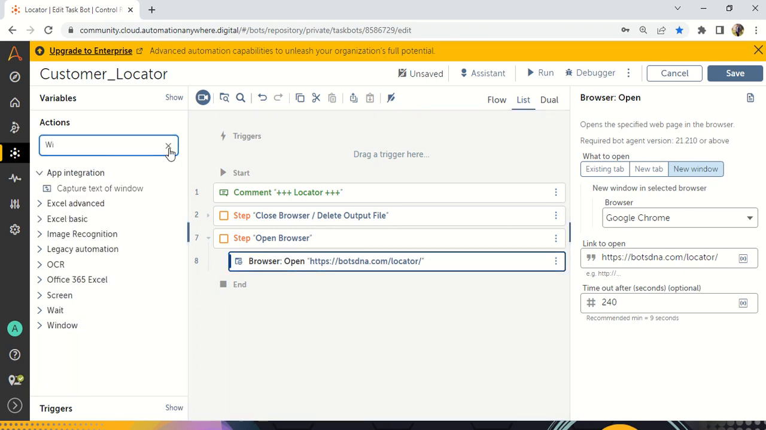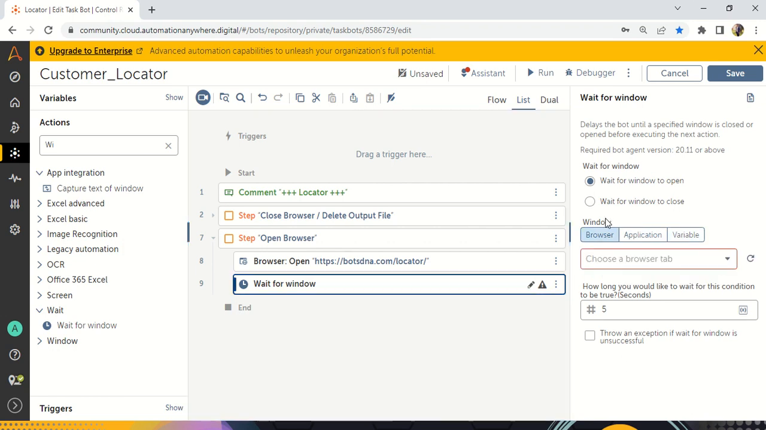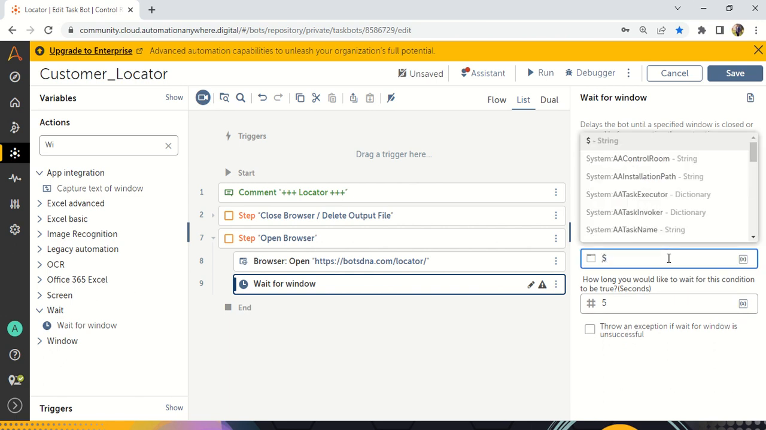This is the one we have to use because sometimes our internet connection will be down or sometimes the website will be down. It will take some time to open properly. All the selectors and IDs in the backend, everything should load properly, right? For that purpose, whenever you are using an open browser activity, you should use the wait for window action. Okay, in the browser, so wait for window to open I'm taking, and the variable is again my variable